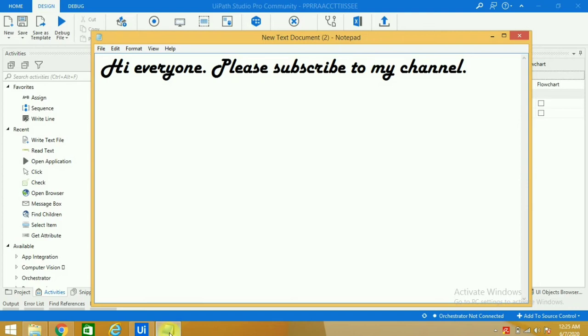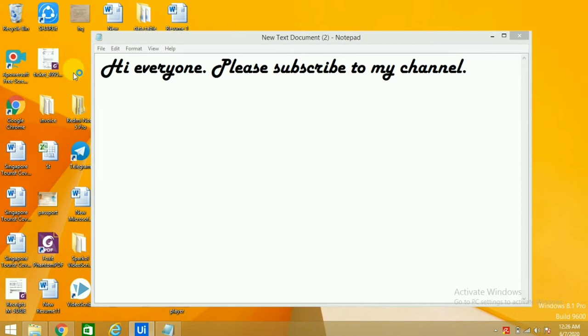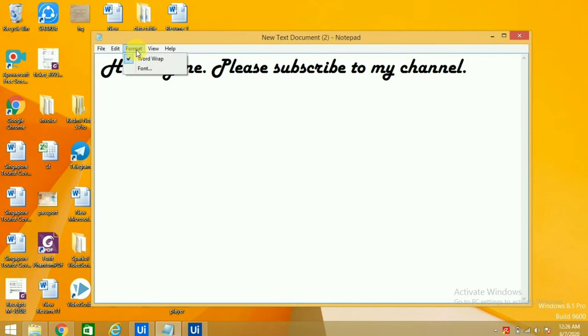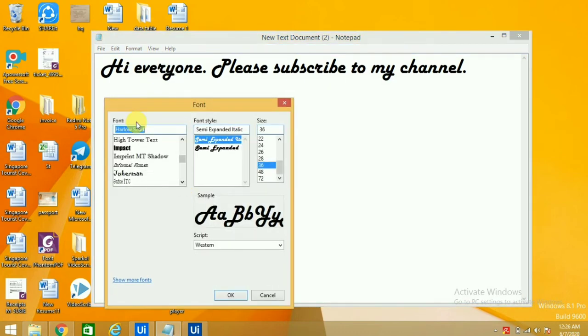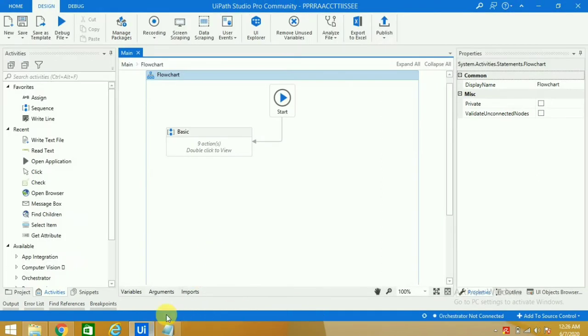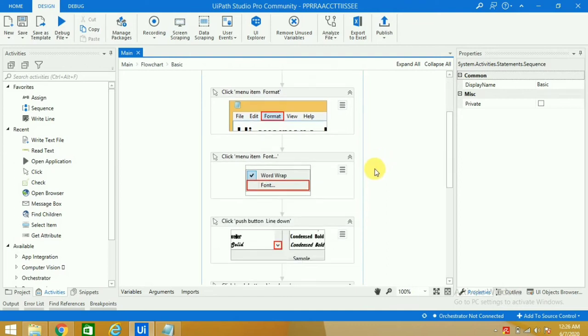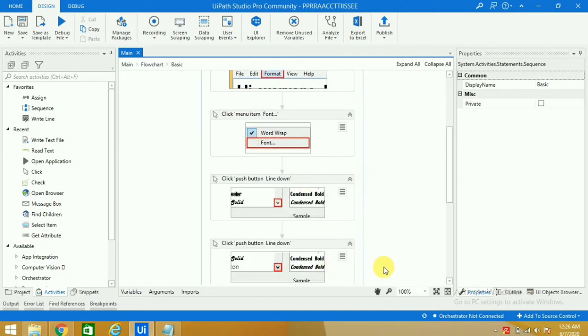Okay, and now I will run it. As you can see, the notepad is opened here. You have to keep the notepad open. Now I will run it. See, it is written. Now this is done. Okay, perfect. So the basic recording has run perfectly fine, the way we planned it. Now I will show you inside it. See, every box has been created for everything we did. Type into, then click activity, click activity, click activity, click activity, right?